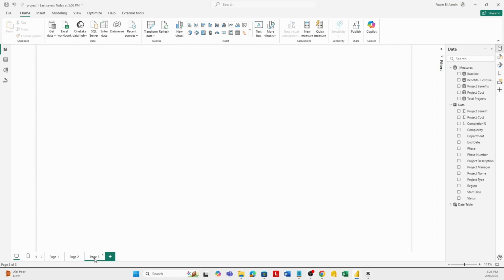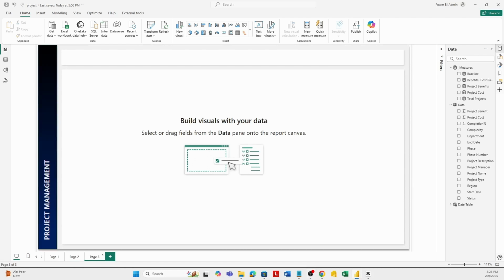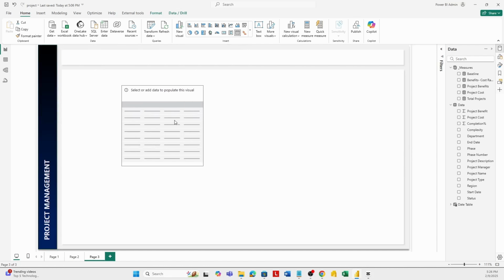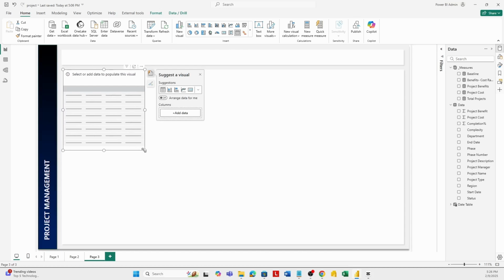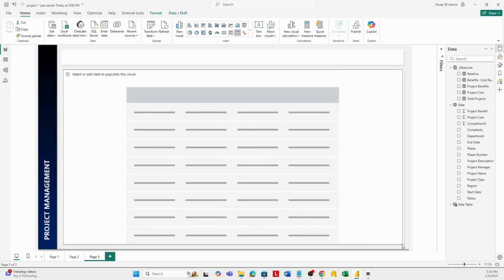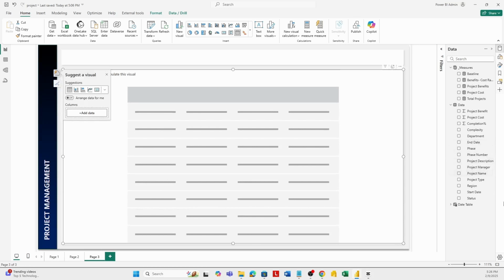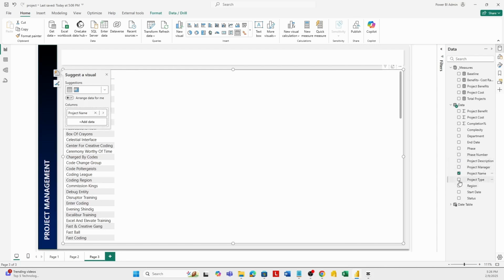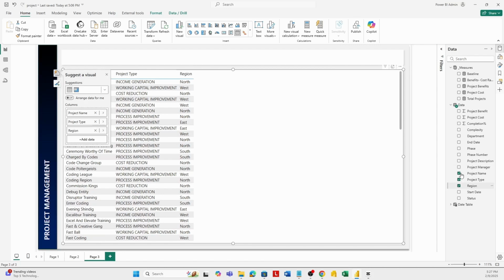For the third page, we are going to create the project details. So I'll start by inserting a table, drag that to this end, expand it to cover the whole canvas. Then I will start adding the columns of this table. The first one is going to be project name, then project type, region, project manager,